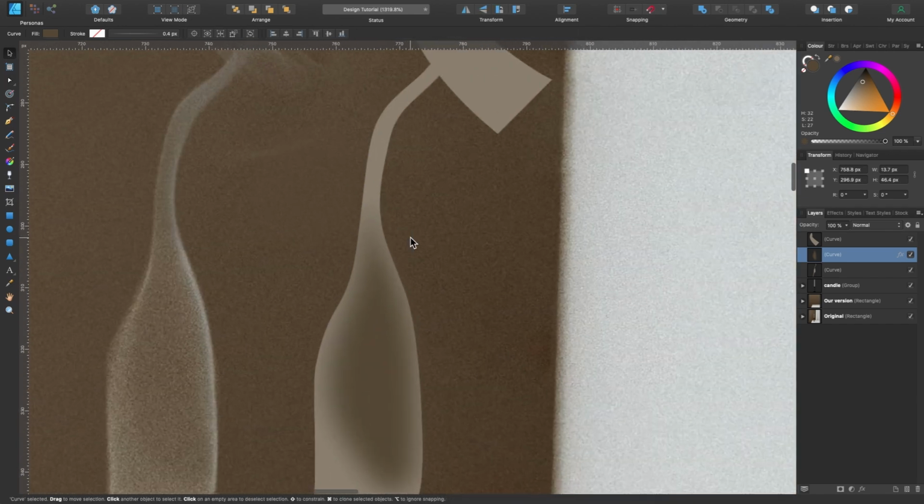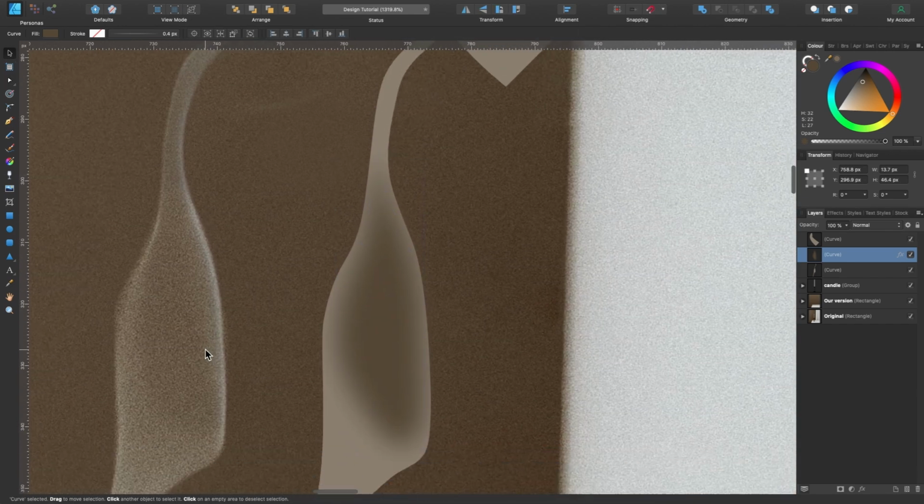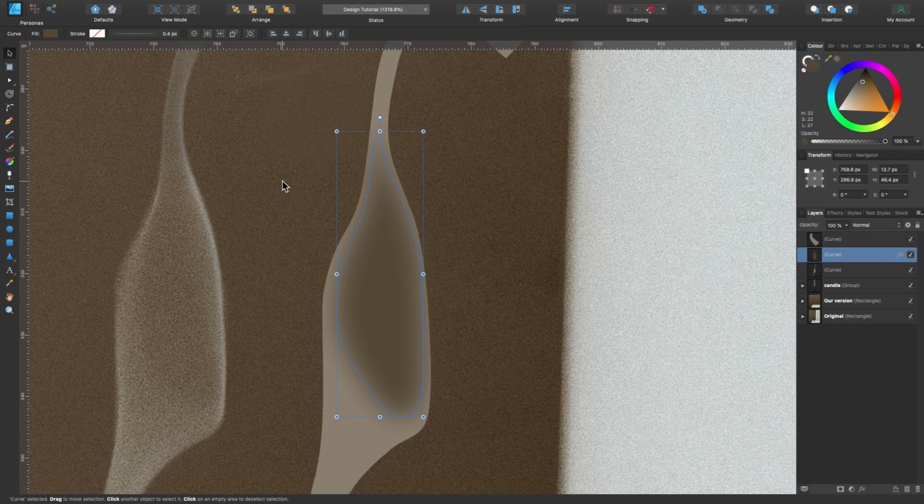Okay, now I'm going to add these little highlighted edges here, a slightly lighter color. So I'm going to go ahead and grab the pencil tool. I'll just start drawing and we'll turn it a bit white, I think. So I'll just start around here and follow along the outline of the edges here.